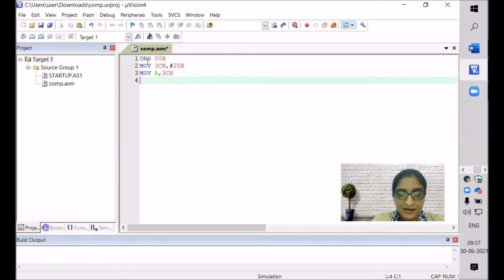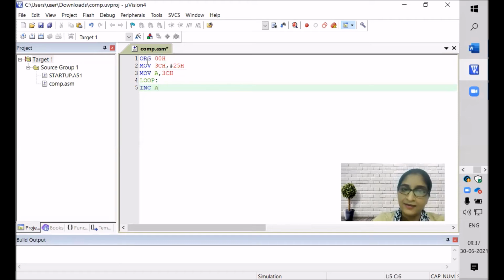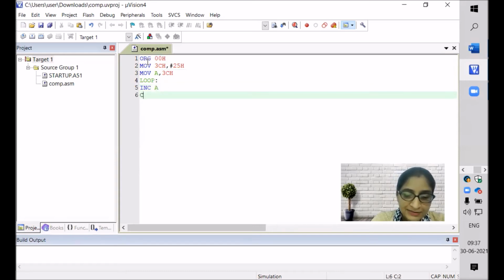Now we have to start our loop. So loop colon enter INC A. Now data will get incremented. So it will be 26. Now enter. Most important line, CJNE compare instruction A, comma, hash, the number given is 2A.